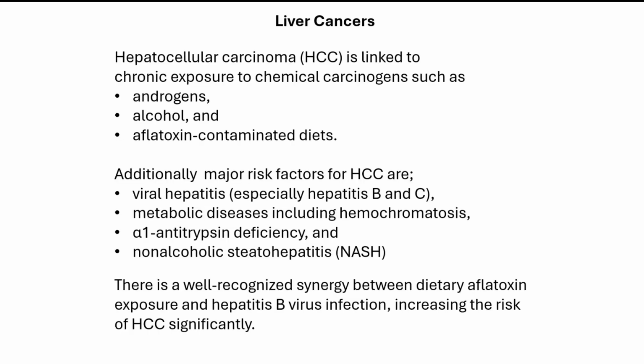Let's look at liver cancers. It must have been covered in chemical carcinogenesis, but anyway, I will give you some salient features of liver cancers. Hepatocellular carcinoma is linked to chronic exposure to chemical carcinogens such as androgens, alcohol, and aflatoxin-contaminated diets. Additionally, major risk factors of hepatocellular carcinoma are viral hepatitis, especially hepatitis B and C, metabolic diseases including hemochromatosis, alpha 1 antitrypsin deficiency,